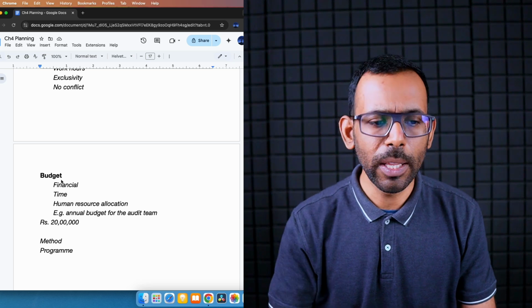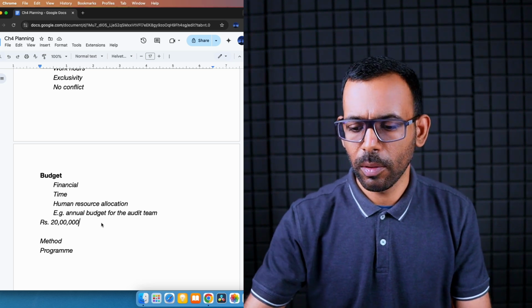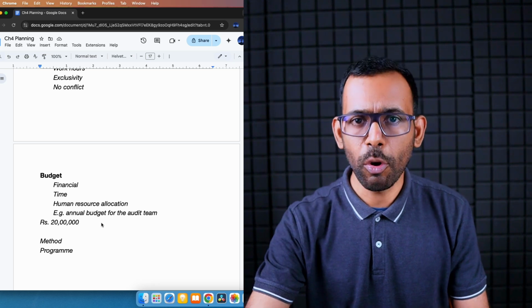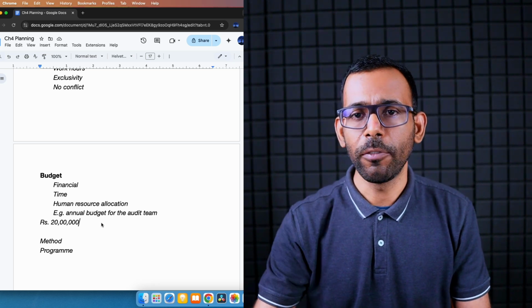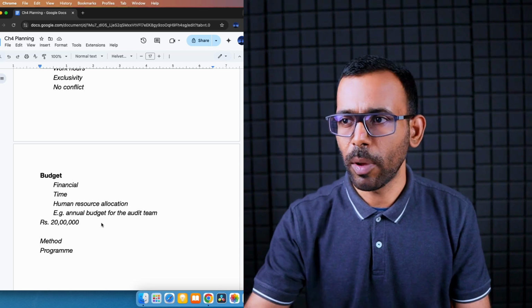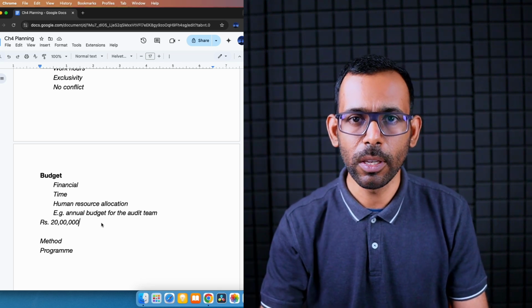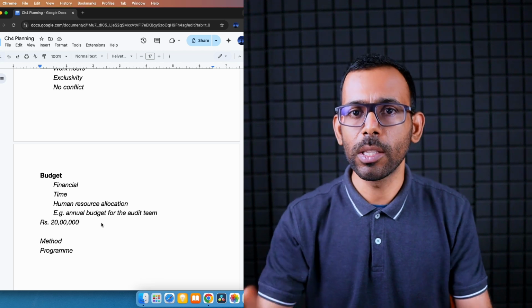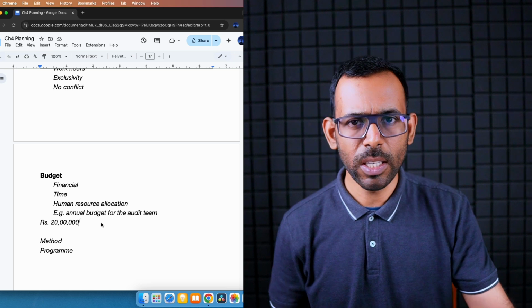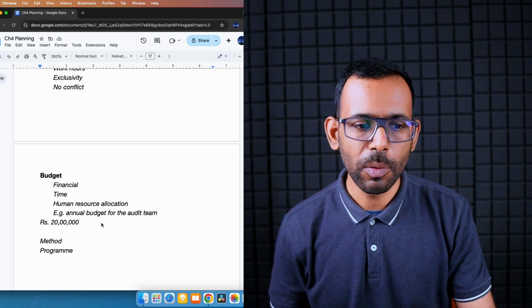To give you an even simpler example, think of the pocket allowance that parents give to their children. Okay, I will give you 200 rupees for this week. Whatever you want after school, print outs, Xerox, Pani Puri, whatever you want to do for yourself, do within this 200. Don't ask me for any money beyond that. There are many houses that follow this type of system, isn't it? So that is pretty much budget for you.